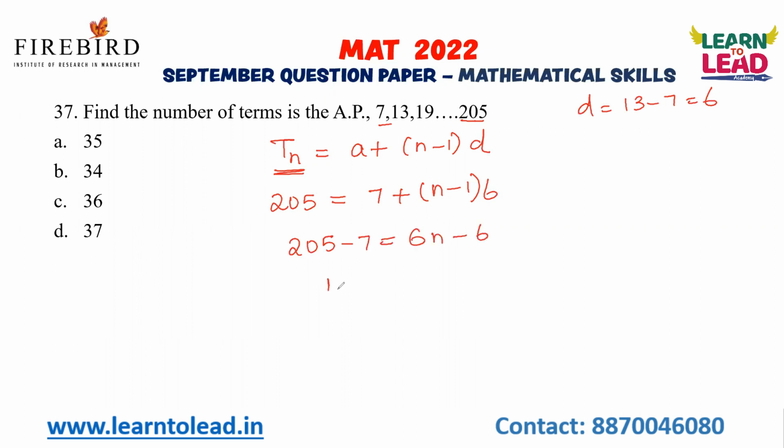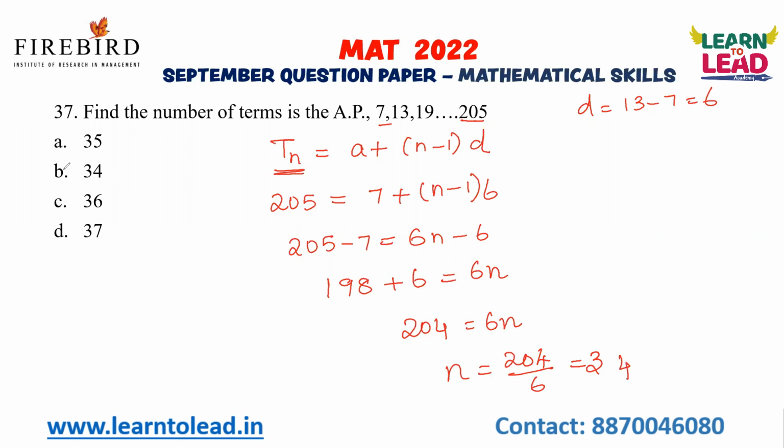So what is 205 minus 7? 198. Okay, minus 6 when it goes to the other side, it becomes plus 6, is equal to 6n. So 204 is equal to 6n. So n is equal to 204 by 6. 34 times. 6 3s are 18, 6 4s are 24. So 34 terms are there. Okay. Now,